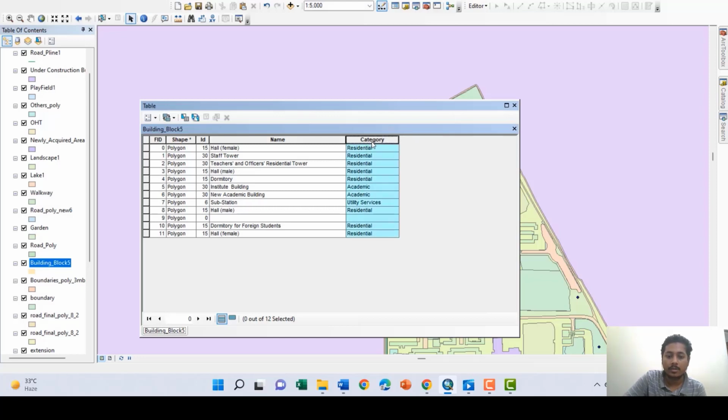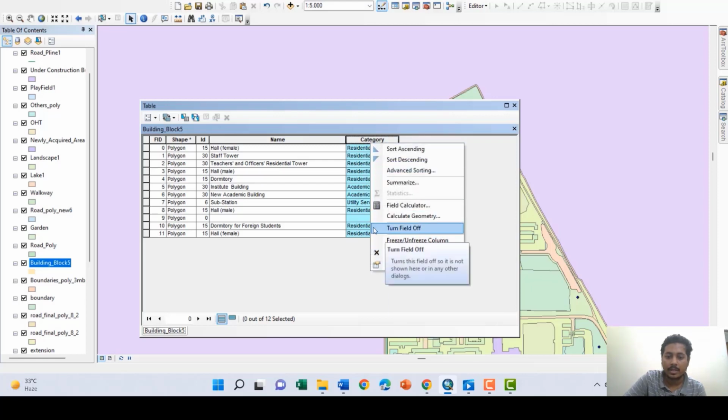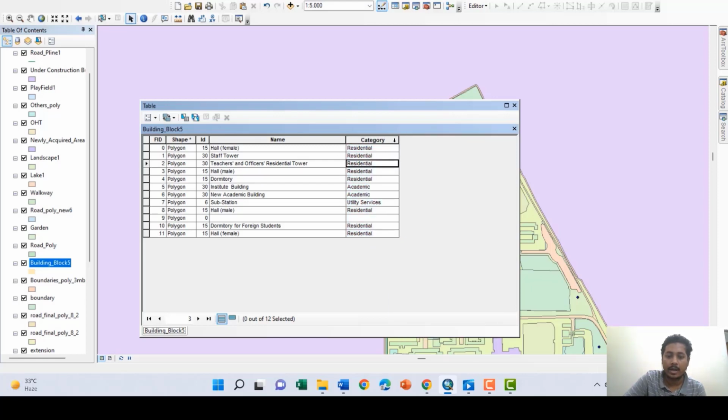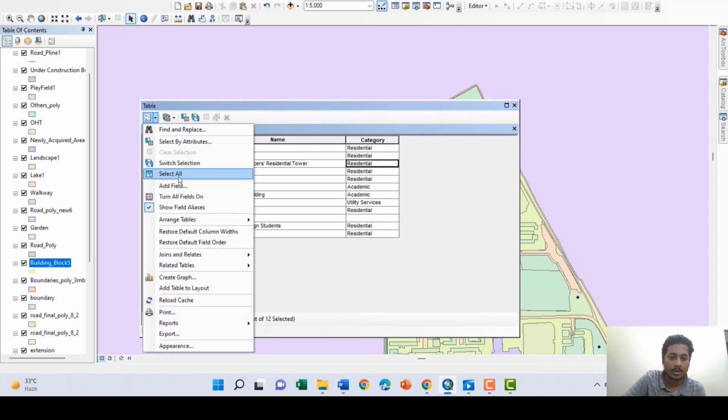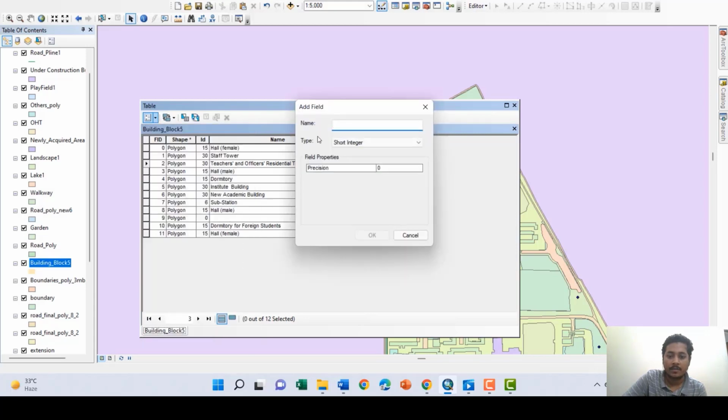We can delete one column from here by selecting it and right clicking it. We can delete the column. Again we can add another column. For that we have to go to this option, table options, and from here we will add field, and give a name of the field. Let's say we will give the field name